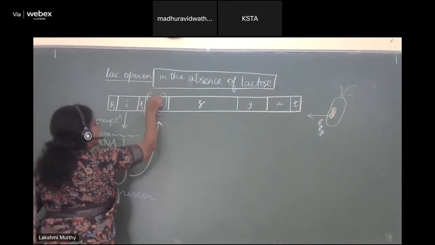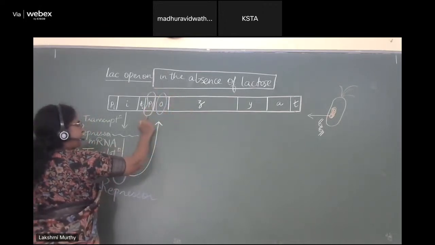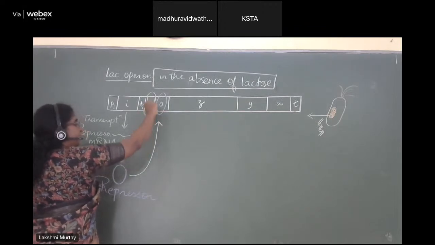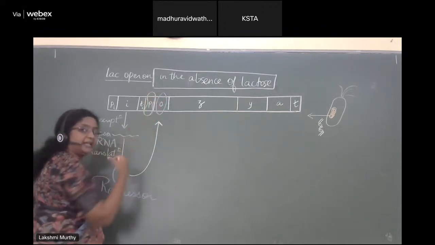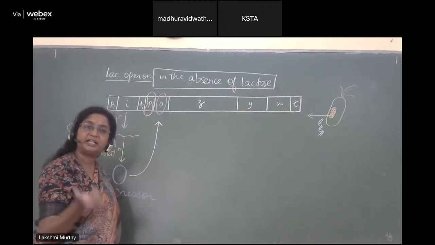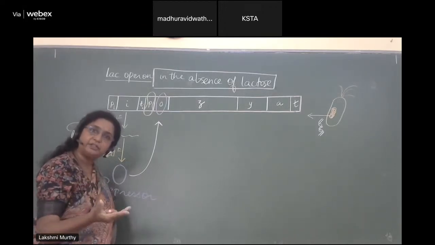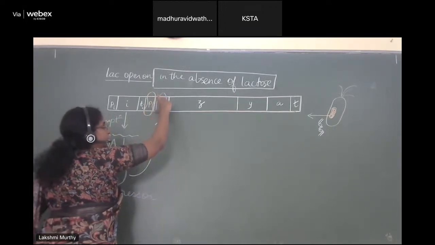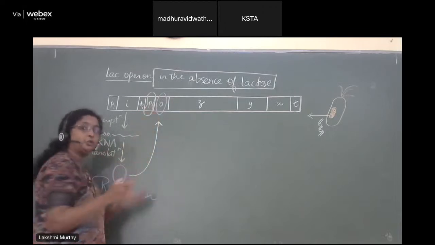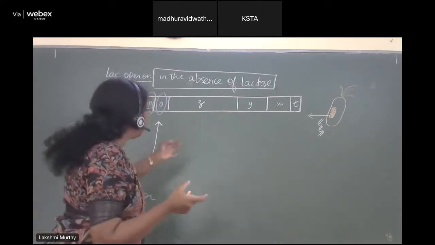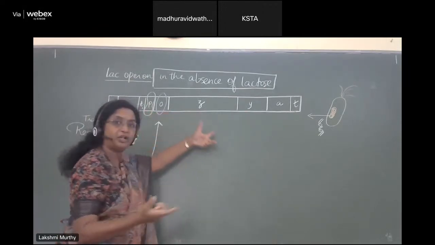an enzyme called RNA polymerase. RNA polymerase will identify the promoter, bind to it, and want to uncoil the DNA. It has got helicase action, correct? You all have learned it in transcription. RNA polymerase can bind to DNA and also uncoil DNA. It is unable to uncoil DNA because the repressor molecule has got firmly bound to the operator region. So because it cannot uncoil DNA, what happens?